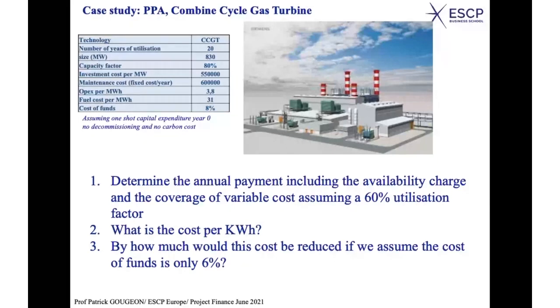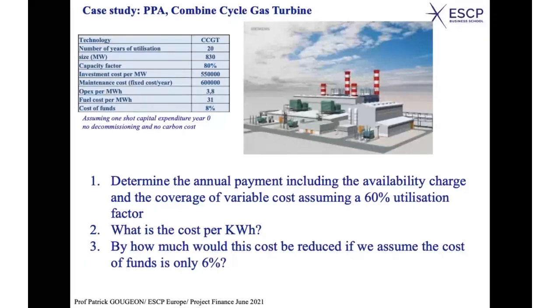What are the operating expenses per megawatt hour? 3.8. The fuel cost per megawatt hour would be 31. And the cost of funds, let's assume it is 8%. And for the sake of simplicity, we will assume that it is one-shot capital expenditure year zero. Usually, for such a plant, it may be developed over 4, 5, 6 years, and therefore the investment expenditures would be spread over this period of time. Here, just for the sake of simplicity, we assume that we just spend the money year zero,